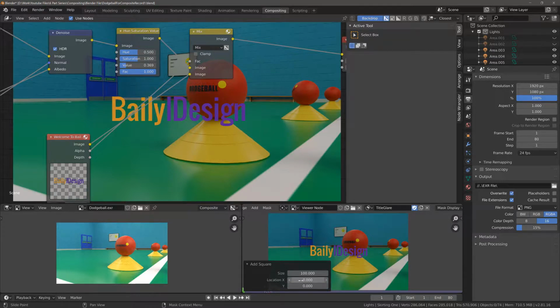That means that the center of our square is set to those points on the image itself. If I was to increase the value on the X axis, and I'm going to need to increase it quite a lot, for example 500, and press enter,